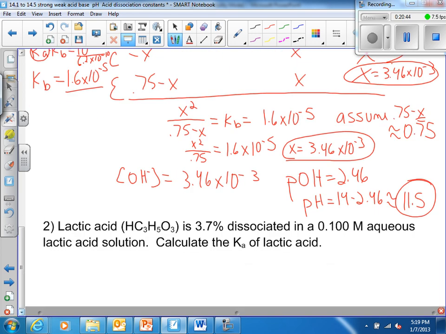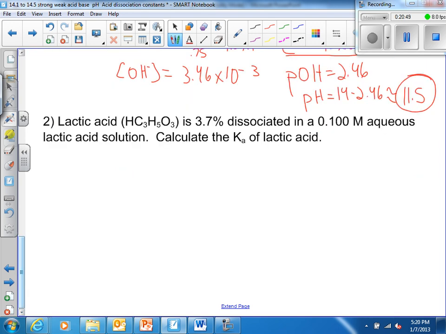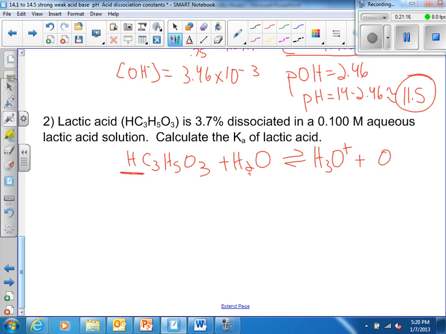Last problem for the day. Okay, this is another kind of quirky one. You'll see why in a moment. We have an acid this time, which means we're going to have a Ka. We always add water to whatever the chemical is. And this is an acid now, so the acid's going to give its H+. Acids are proton donors. It's going to give its H+ to the base in the reaction, right there. And we make H3O+, and we're left with